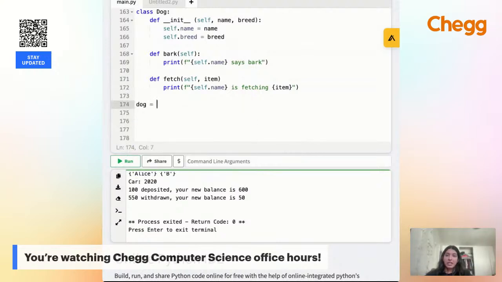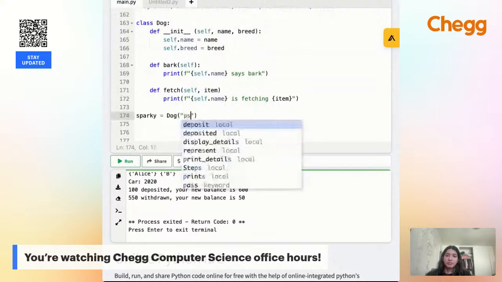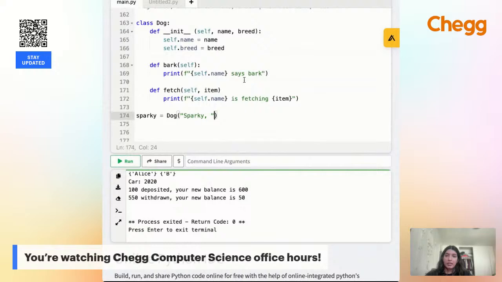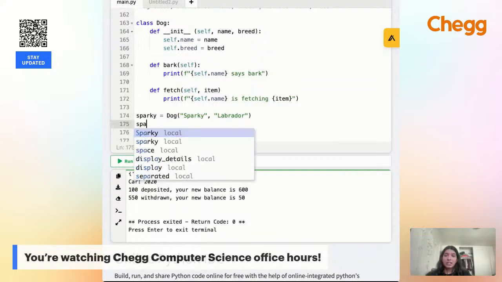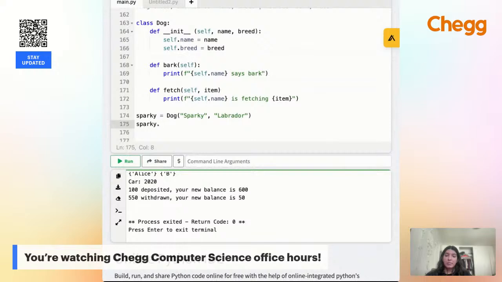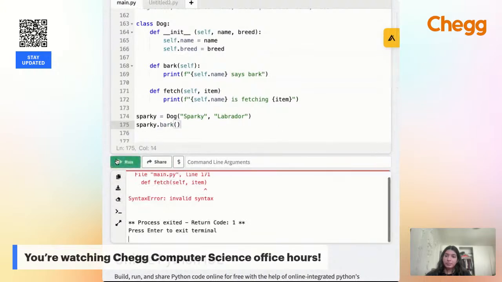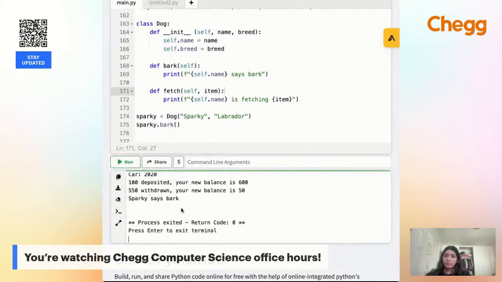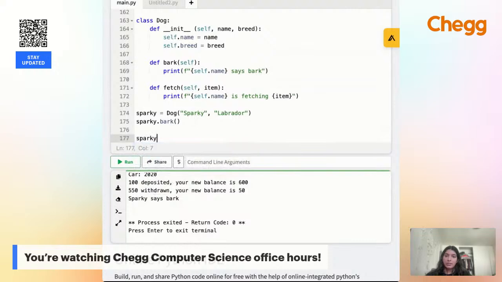Once you have this class written, you want to make sure that you have the usage that you want it to go with. So, for example, if I want to name this dog Sparky, I would make sure that I call the dog class. I would give the name Sparky and the breed. And then understand that once I have this class, if I want to actually call any methods on it, I'll be able to do that by doing the object dot the method. So over here we say Sparky says bark. And then if we want to try another one,